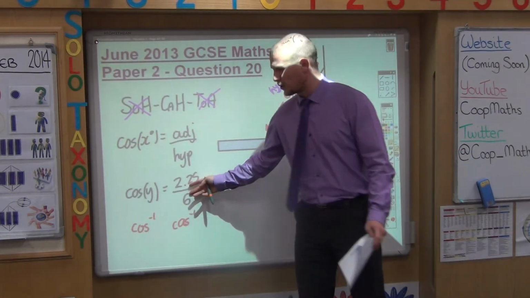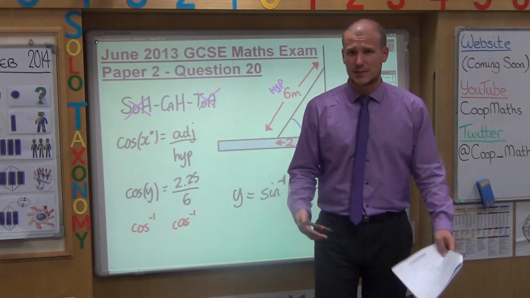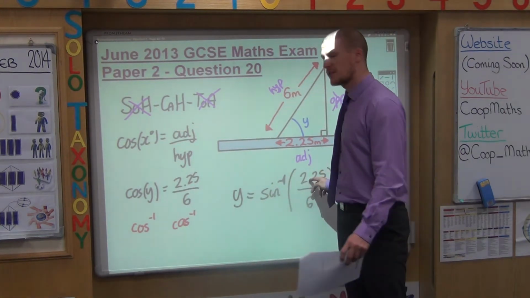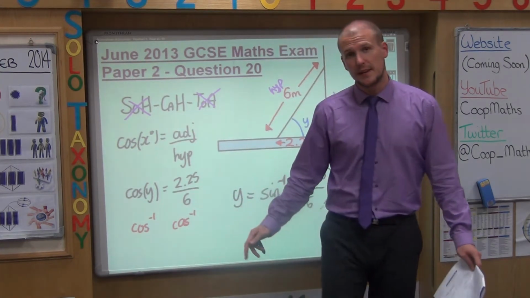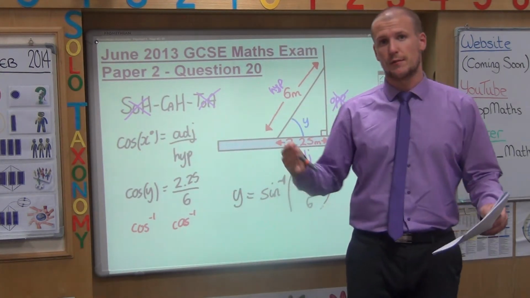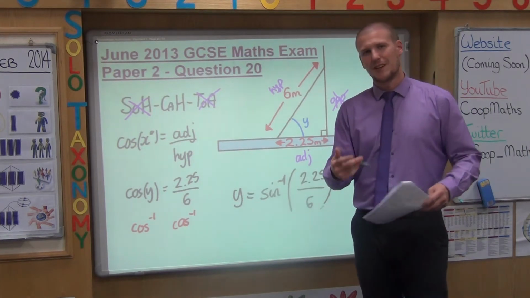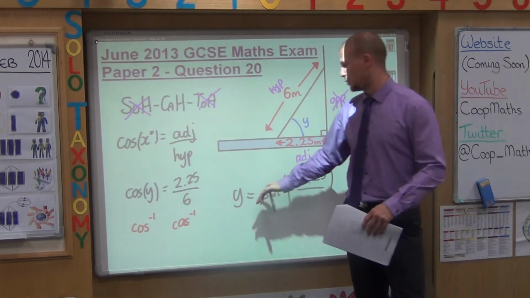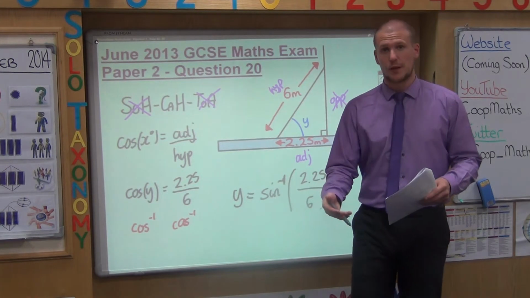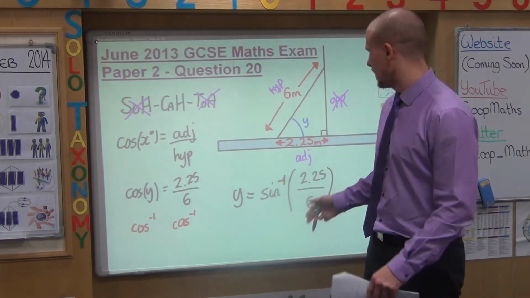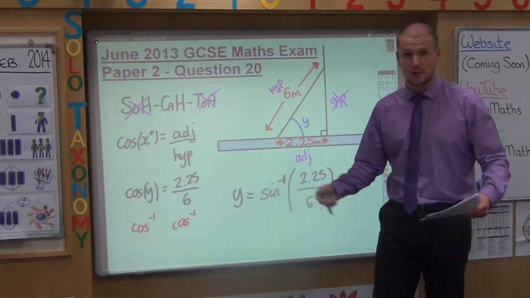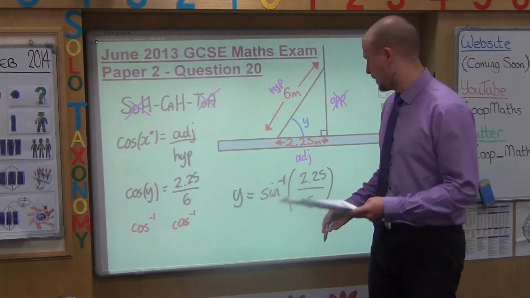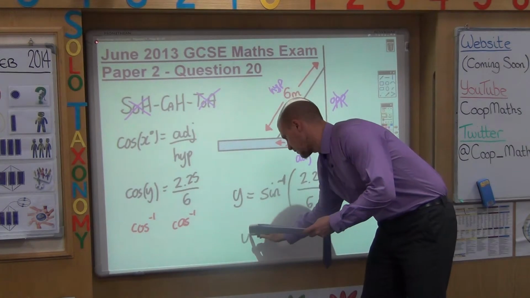You could have done that division and got a decimal, but the reason why I just keep this as a fraction just now is if you have a decimal that is recurring forevermore, there's a temptation to round your answer and then do shift cos to it. That'll make your final answer slightly less accurate. So I'm not going to bother doing the division, let alone rounding. I'm just going to shift cos all that and see what the calculator comes up with. In this case, it comes up with